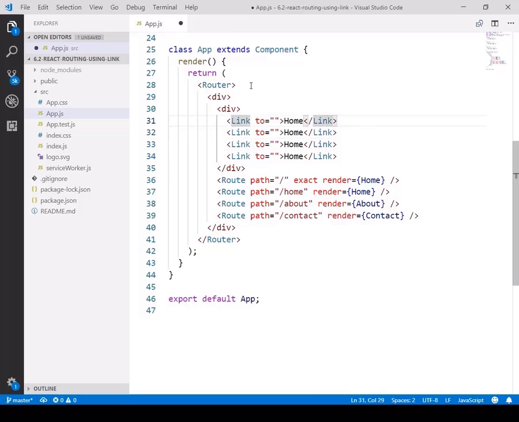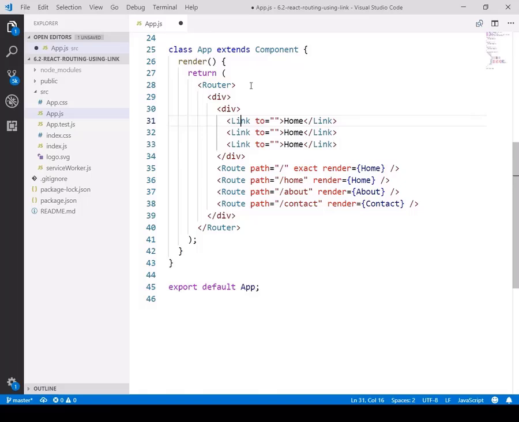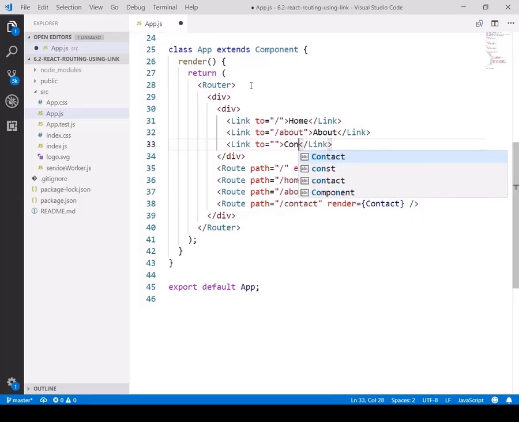about or contact. Or we can skip this, as default has to be navigated. When I run my application or when I pass the slash, then the home component has to be rendered. When I pass slash about, and I click over the about text, then I need to navigate to the about route. And when I click over a contact link, then I need to navigate to the contact route.